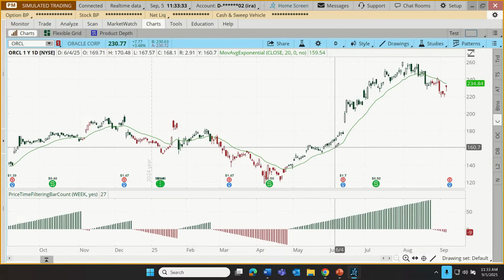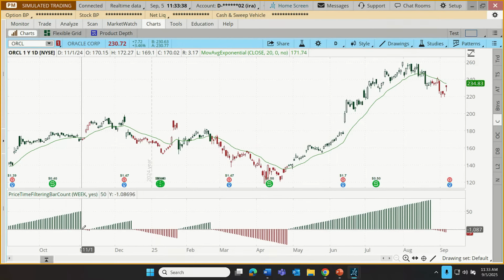Anoop says there are very small red bars. Is it good to take trades on such small bars? The thing is, Anoop, that's a good question. When we first saw this appear, you'll notice this has 5, right? It actually doesn't show up as just 1, because we have to complete an entire week. We have to get to Friday, and then we compare that Friday's close to the previous week's high and low to establish this indicator. So this actually publishes in groups of 5, because 5 days are in a week. So the very first time we see this red, there'll already be 5.